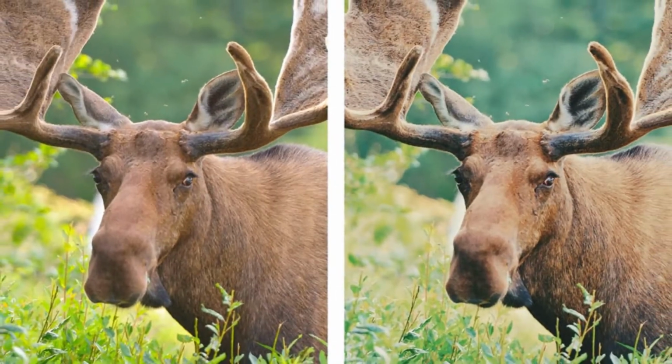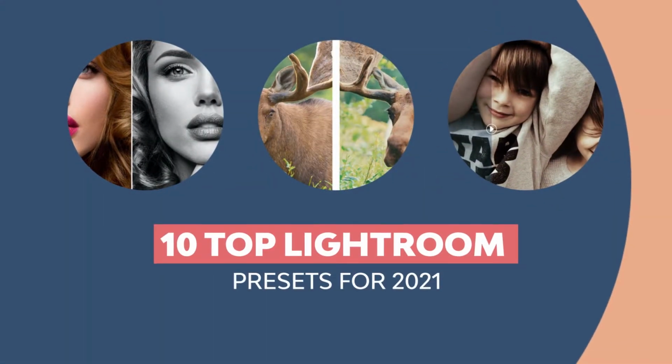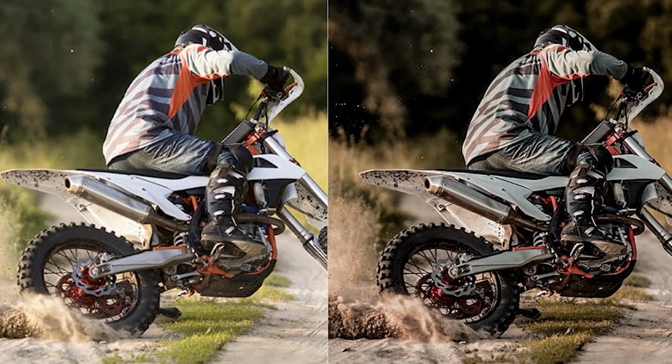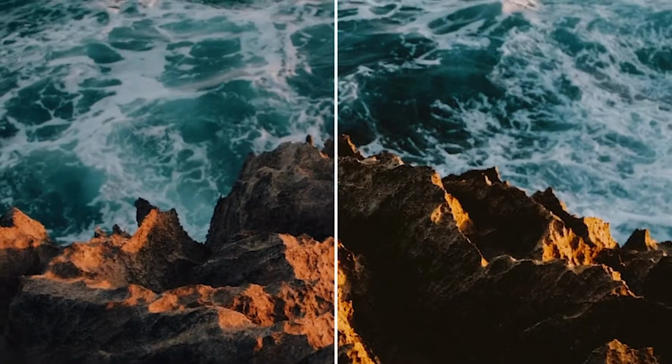High-quality Lightroom presets can help you get the absolute best out of your images in just a few clicks. Discover the top 10 best Lightroom presets of 2021 in this quick roundup. The items in this selection will help you boost your portraits, add special effects, create luscious black and white photos,